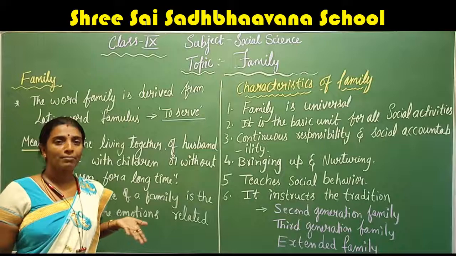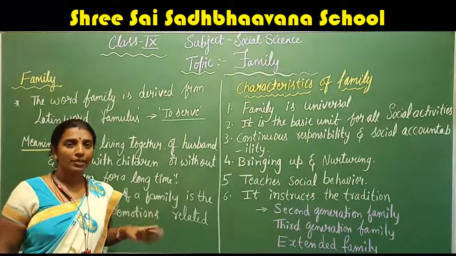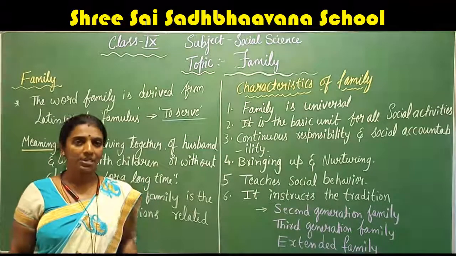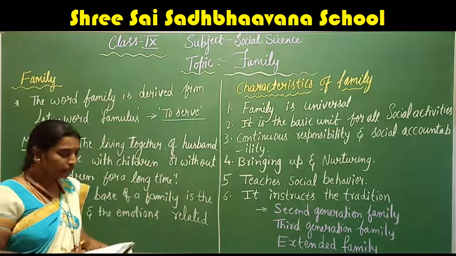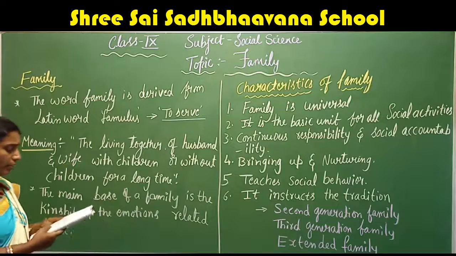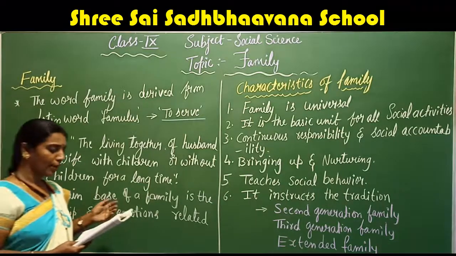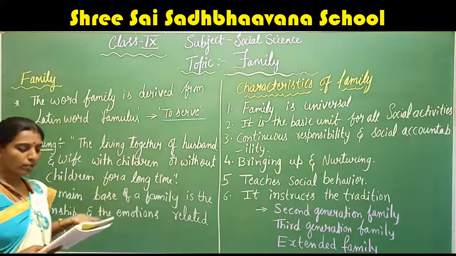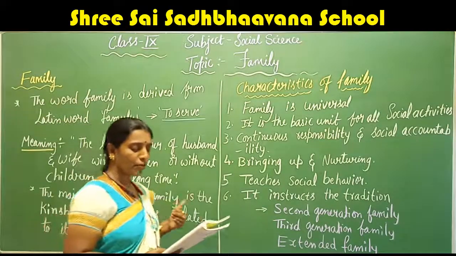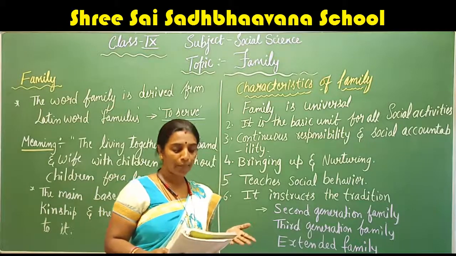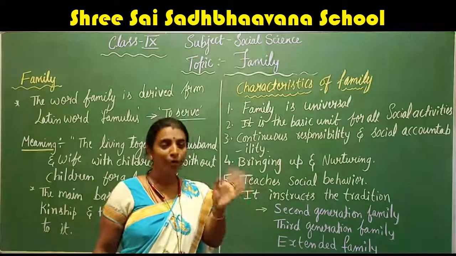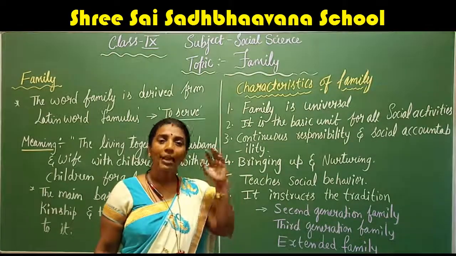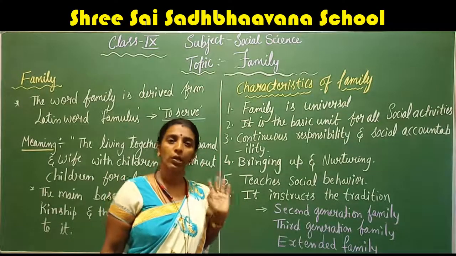But nowadays, other members are not mentioned as a family. Only parents and their children are mentioned as a family. And children, even the members of the family are the members of the social institutions. And now families which have no children but have only father and mother is also a family. And the parents having their adopted child, that is also called a family.